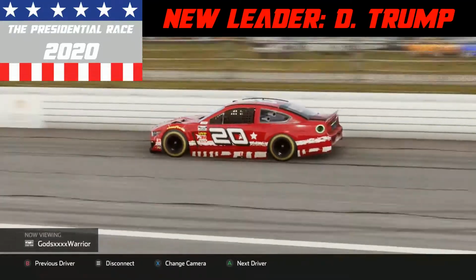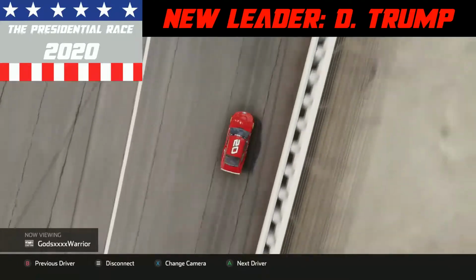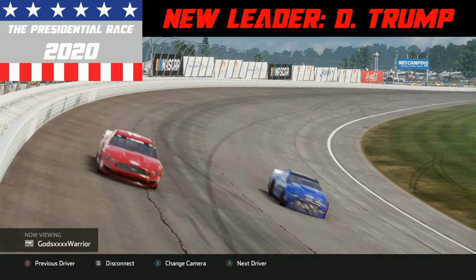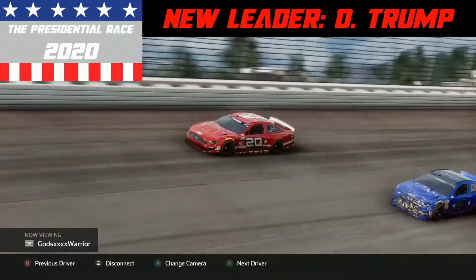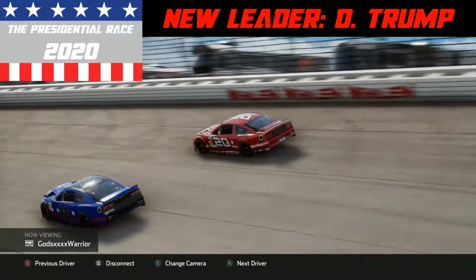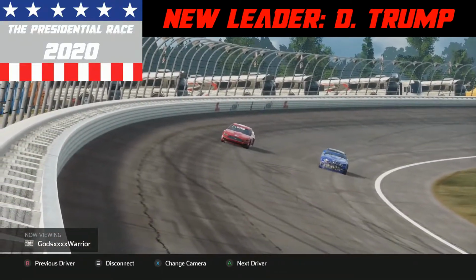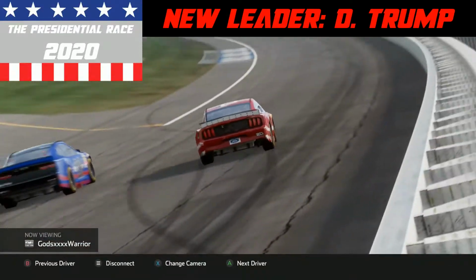So here we go. We're going to be lining up with about 4 laps to go, I believe. So it'll be a 4-lap dash to the finish here as they get ready to go. So here we go. Very few laps remaining. Those 2020 machines gonna be trying to see what they can make happen here at Michigan. And let's see,